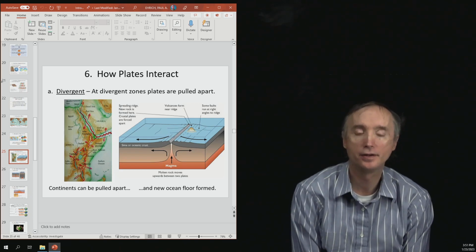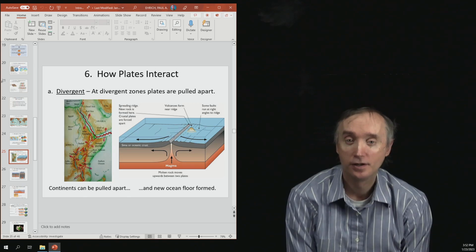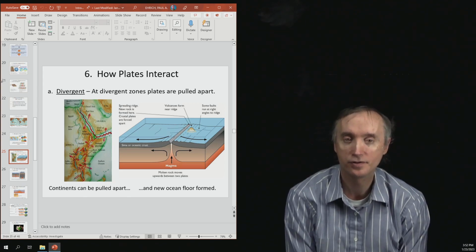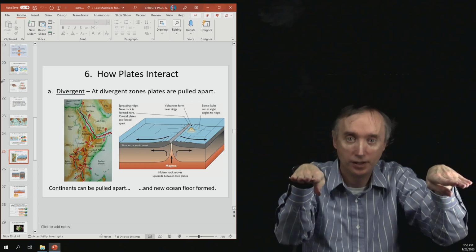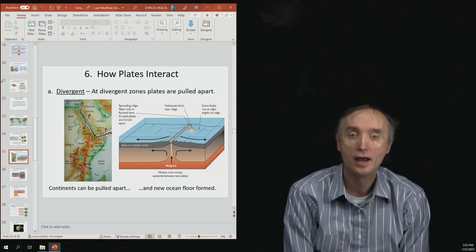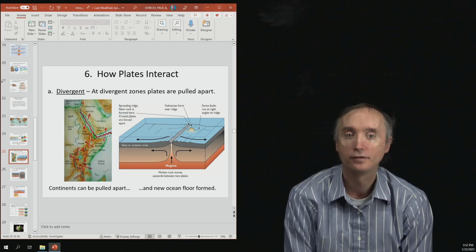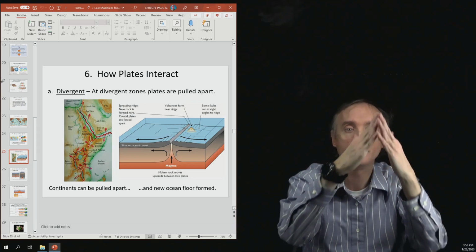Okay, I'm back, and now we want to talk about how the plates interact. So the first kind of interaction is going to be called a divergent zone. At a divergent zone, the two plates are going to move away from each other. Then as they do this, material from the asthenosphere is going to rise into